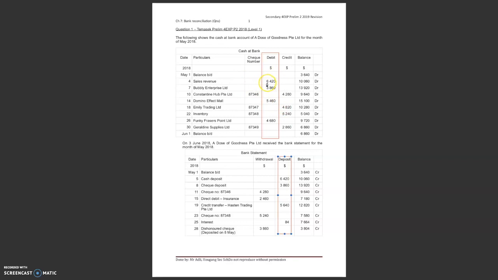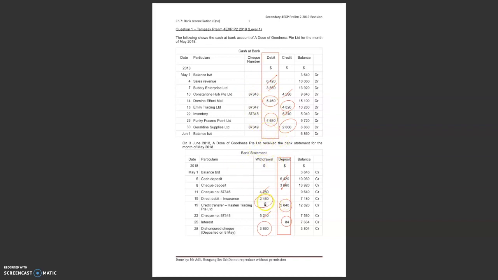So here we have 6420, 3860 very quickly. This is not included inside here. Same goes for these 2. $4280 is in. This insurance is not. 5240 is in. And we have 2. So here we can see that